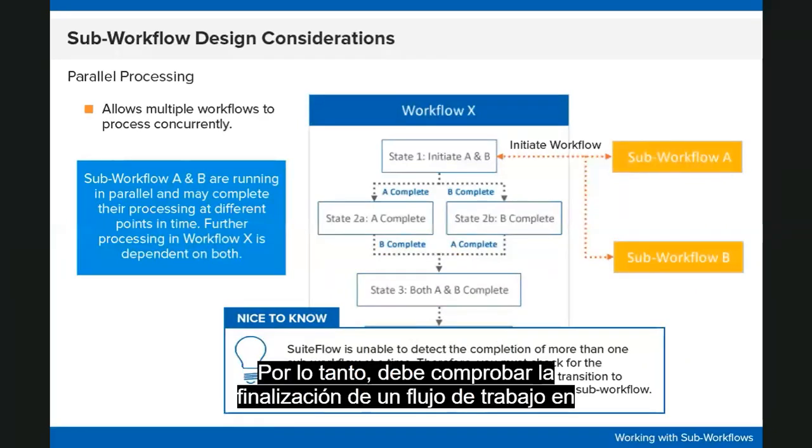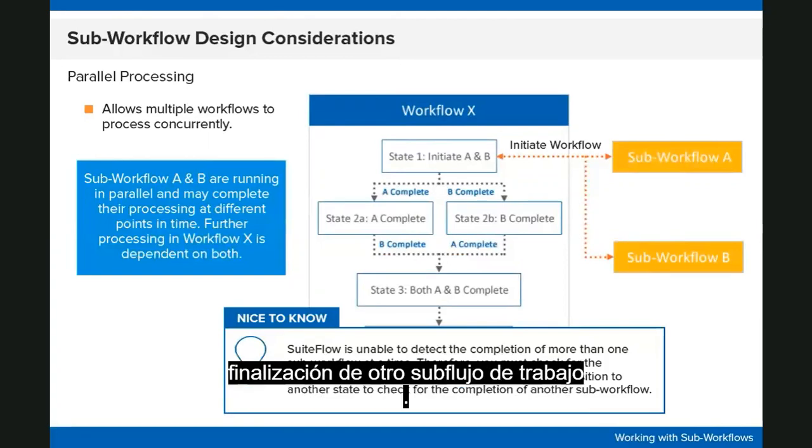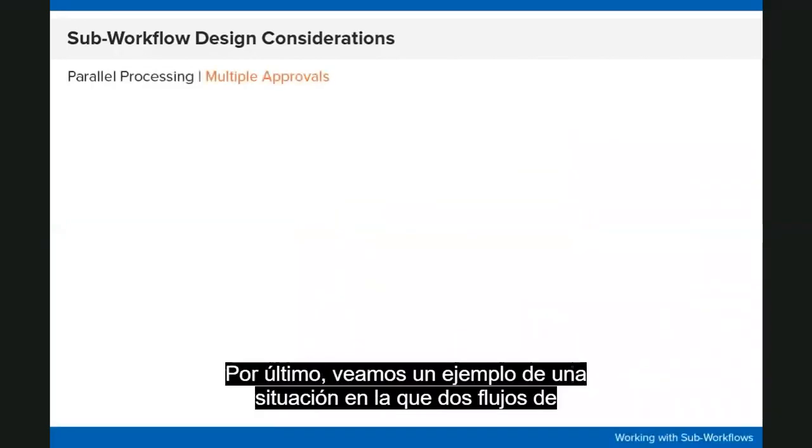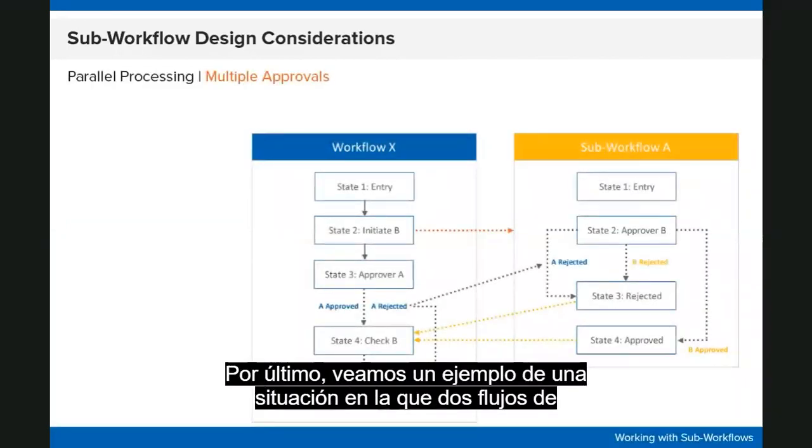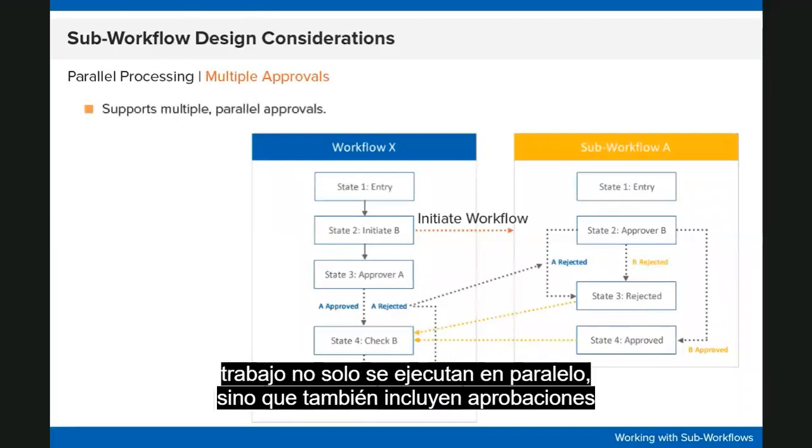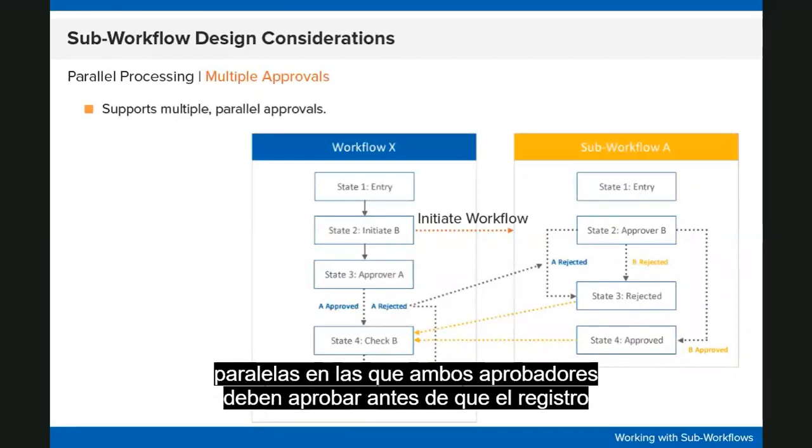Therefore, you must check for the completion of one sub-workflow in one state and then transition to another state to check for the completion of another sub-workflow. Finally, let's look at an example of a situation where two workflows are not only running in parallel with each other, but also include parallel approvals, where both approvers must approve before the record can reach a final approval state